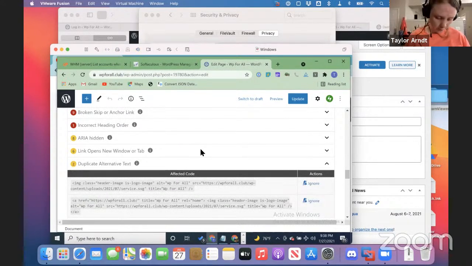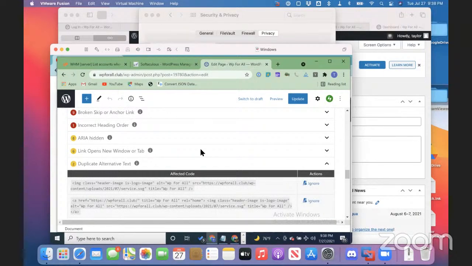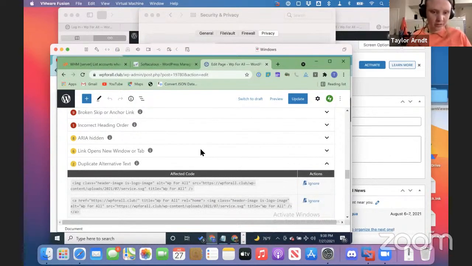So, this is one that is interesting. I don't know why they use title equals along with alt text, but I think that's where the warning is, because they're using a title attribute and alt text. Yeah, for some reason, this is a GeneratePress theme. It was a template that I found, so who knows? And you will see how many issues there were on the site total. It will make you go crazy when we do the full panel.